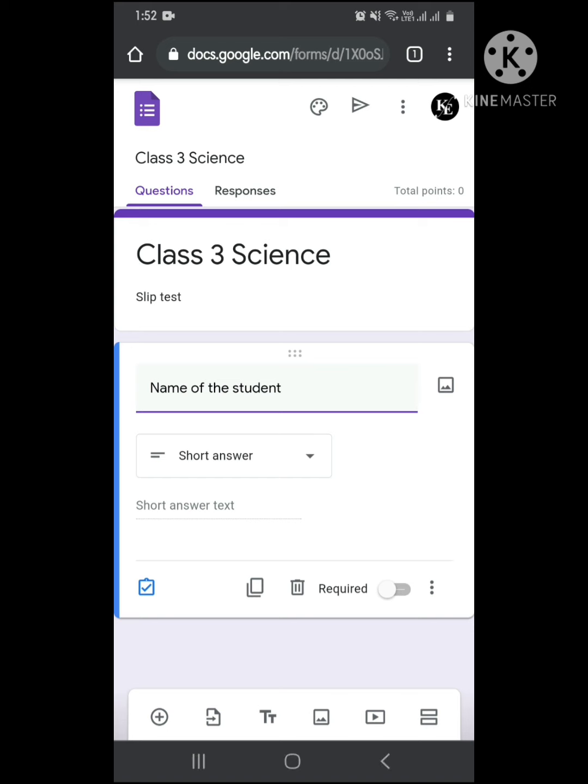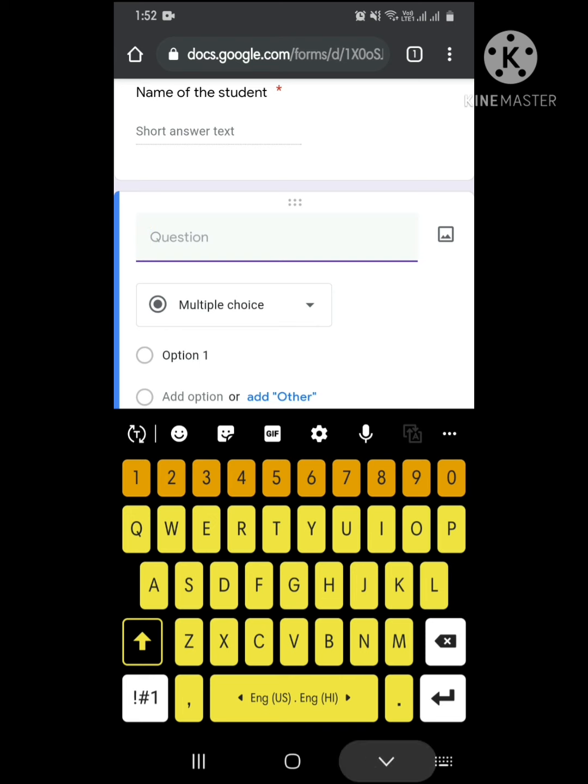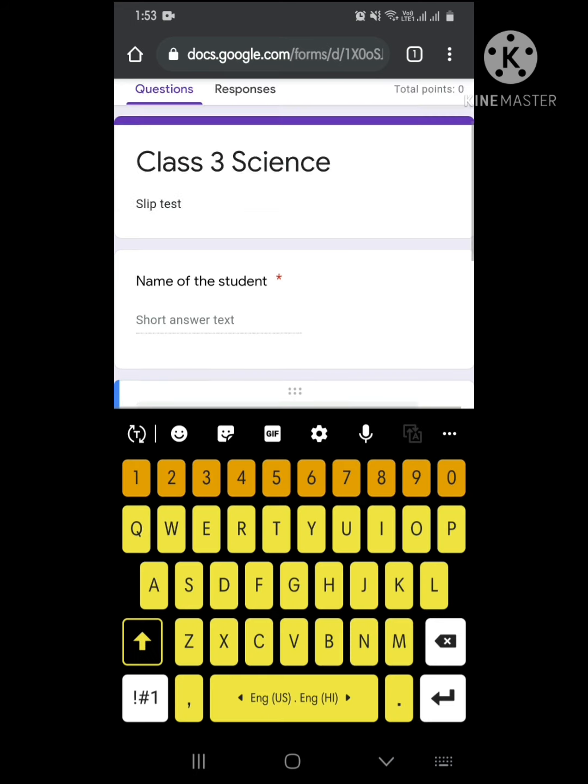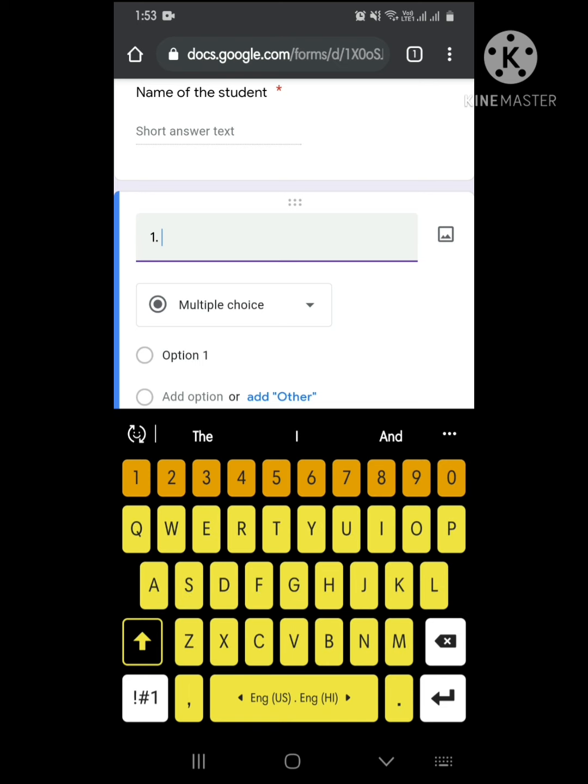So next thing, here down you can see there is an option called required. So here we will turn it on. So when you turn it on, the student has to put his or her name, then only they can submit. So that's the first thing. Next, down you can see there are so many options. On the left side corner there is a plus button. The plus button is used to create many more questions just to follow up. So we'll click on the plus button. As you can see, we have got one more question to be typed. So here we can start typing our question. So let's start. Suppose question number 1.